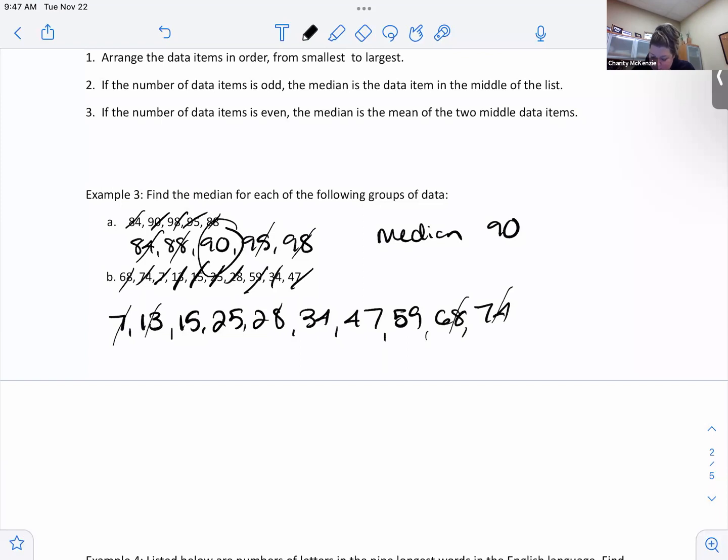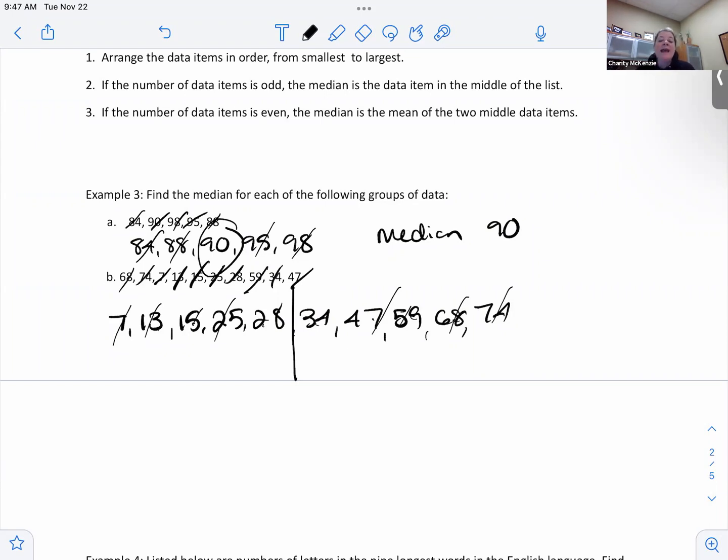All right, so we could do our slash way in. And then we go, oh, wait. No, I messed up my slashing, didn't I? 1, 2, 3, 4, 5. 1, 2, 3, 4, 5. No, I did not. For some reason, I slashed the 47 off a little and it looked weird.